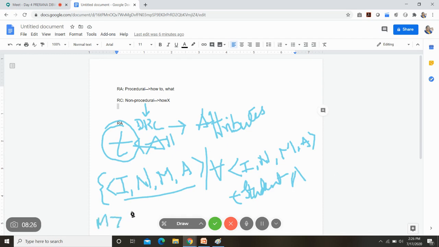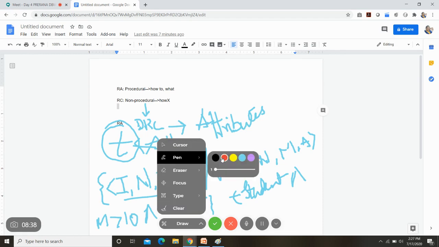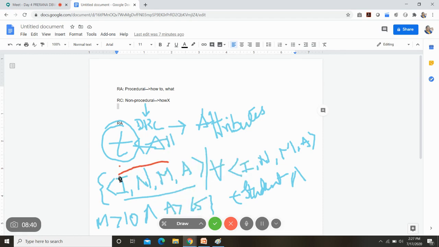Marks greater than 10 and attendance greater than 65. So here in this case, if you wanted to retrieve the entire tuple, you cannot do this with domain relational calculus. You will have to specify particular domains, I, N, M, A. The notations that we give can be anything.